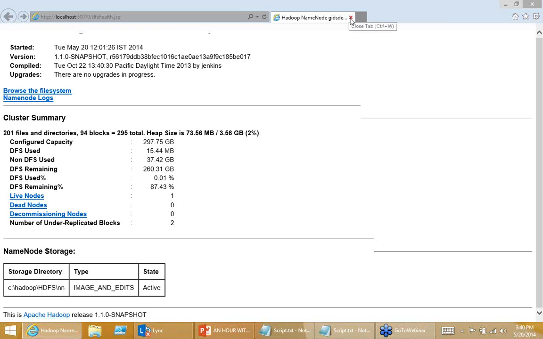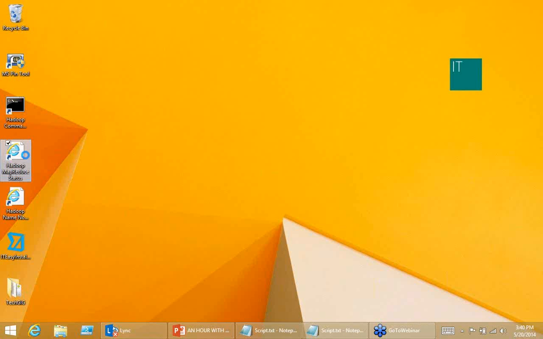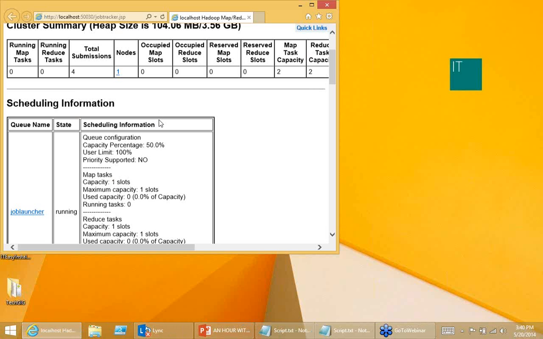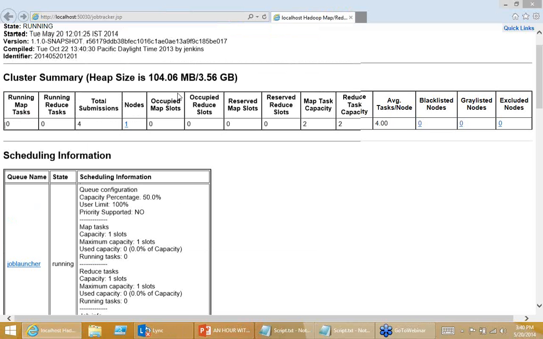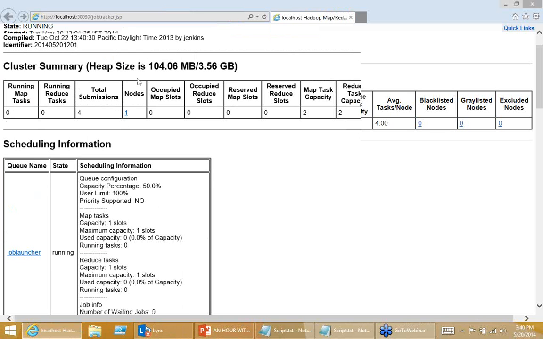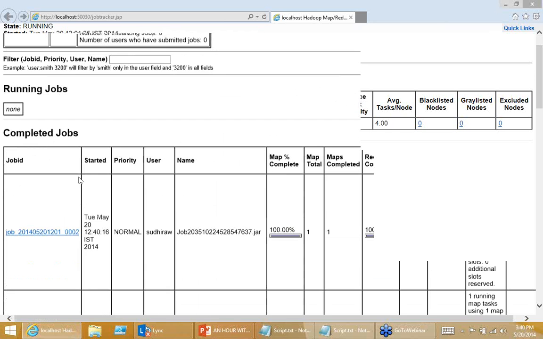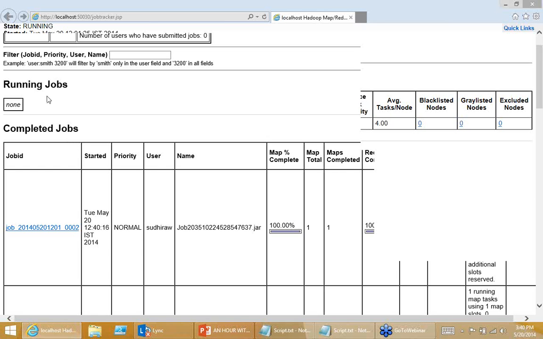Now, we also have the MapReduce status. If I run the MapReduce, there you can see it is basically a job tracker, which tells you how many nodes are there, how many map tasks, how many reduce tasks are running, right? And it will give you all the information, right? So if you want, you can go ahead and look into the running jobs or completed jobs, right? So if any job is running, it will be listed over here. So if you think any particular job is taking a long time, you can get into this portal and you can